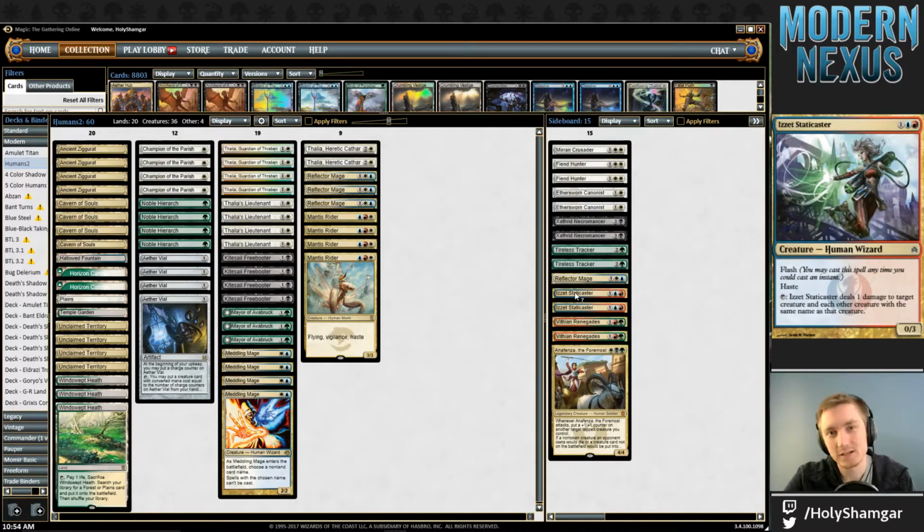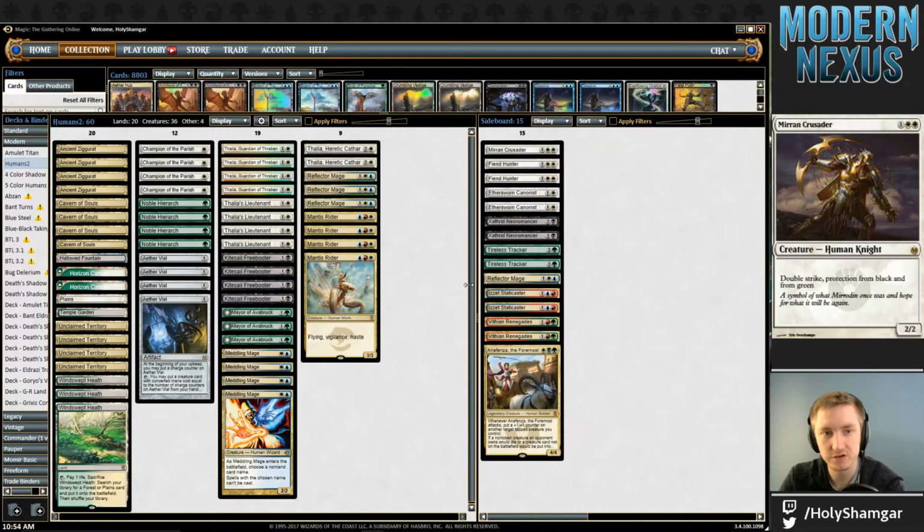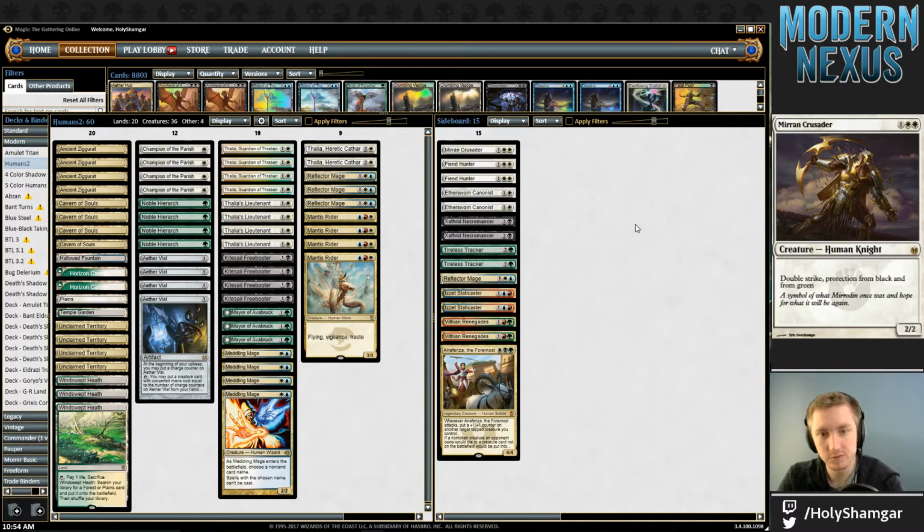My name is Ryland, also known as Holy Shamgar on Twitch, and today we're playing Colin Mullins' winning list from SCG Open in Cincinnati. He did go 17-0 with this particular list. We have not changed a card in preparation, so